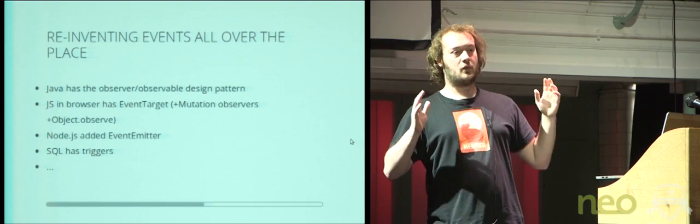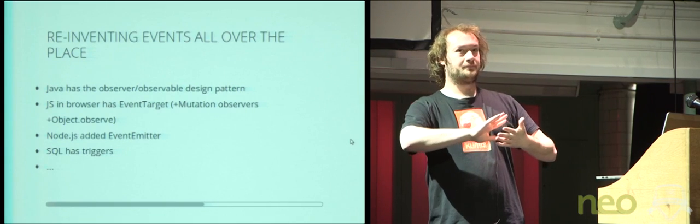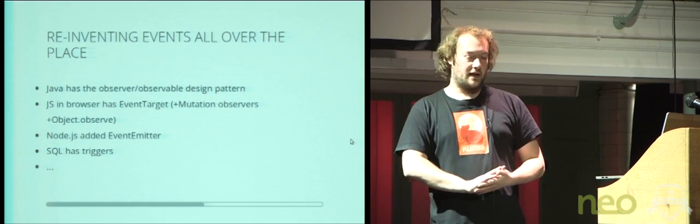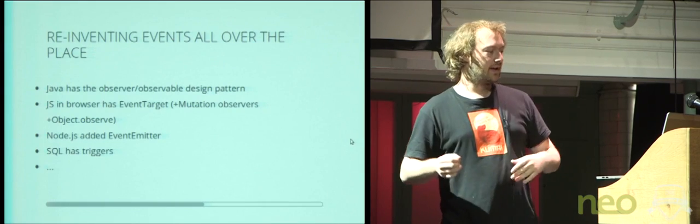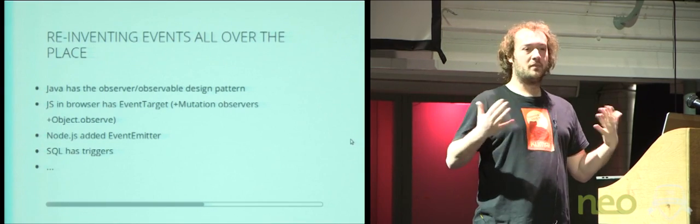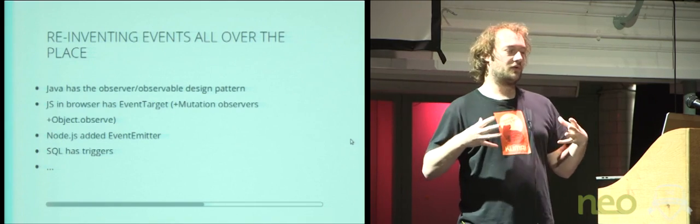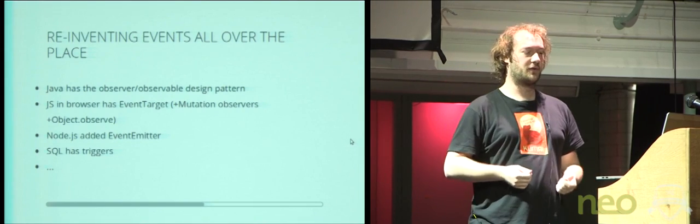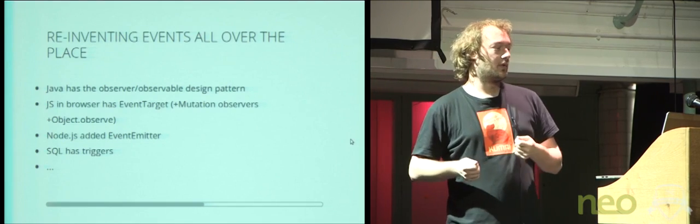Initially, the DOM was just this idea of objects with properties and methods, and so you can append, you can remove a node. It's annoying, but you can. But at some point, people got the need to have events on the DOM. I'm only talking about the tree structure, not the user interaction. And that's how we got mutation observers.